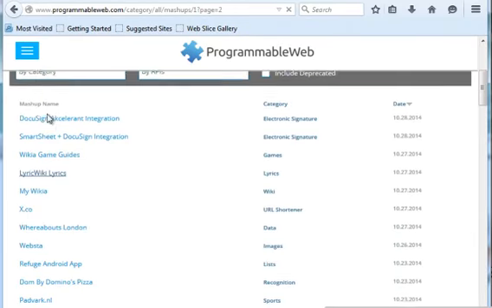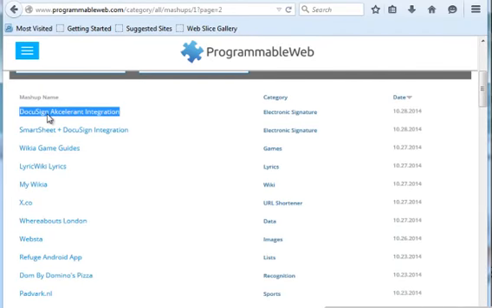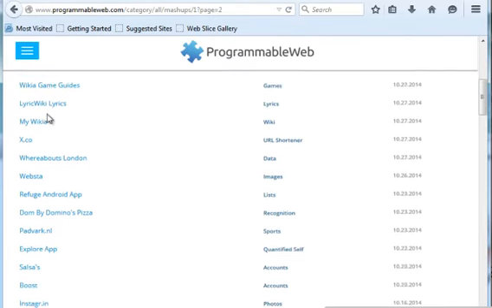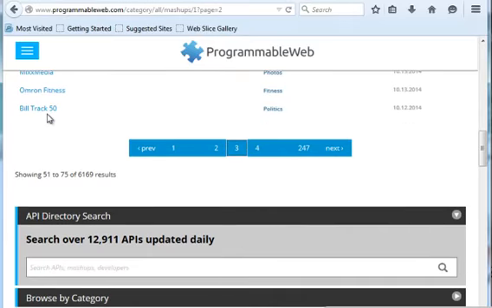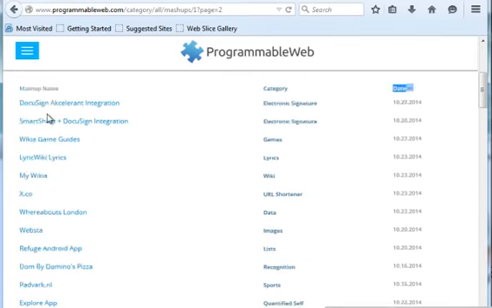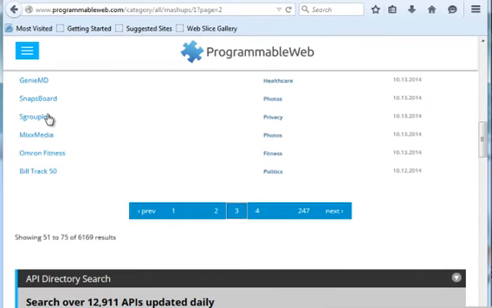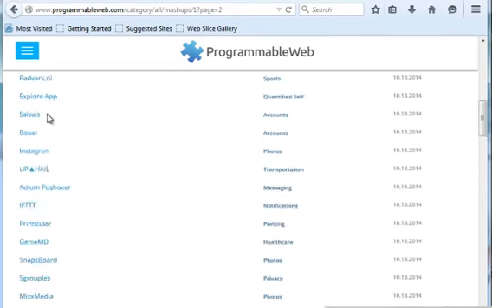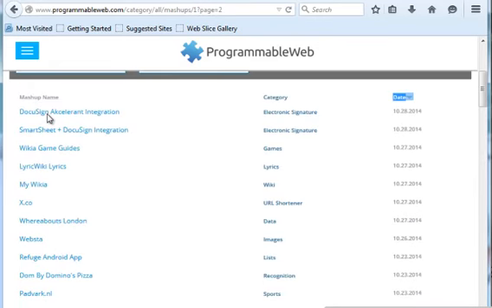Here is the list of mashups with the mashup name, category, and created date. To do this, we need to understand how this data is structured, and also